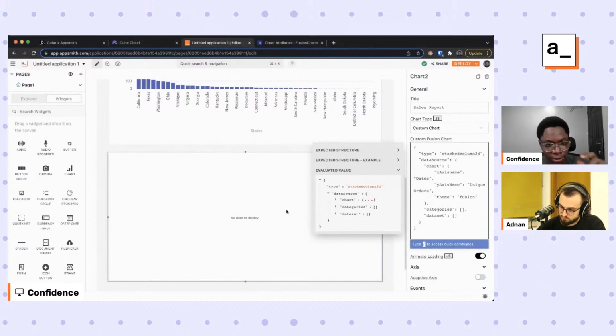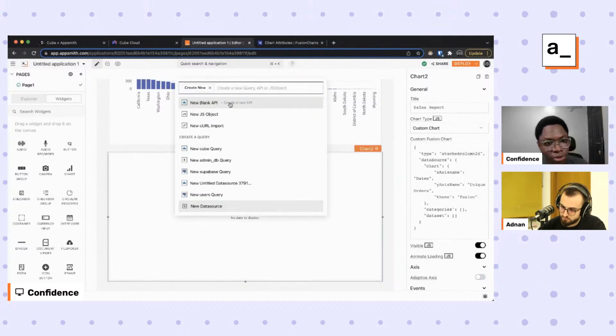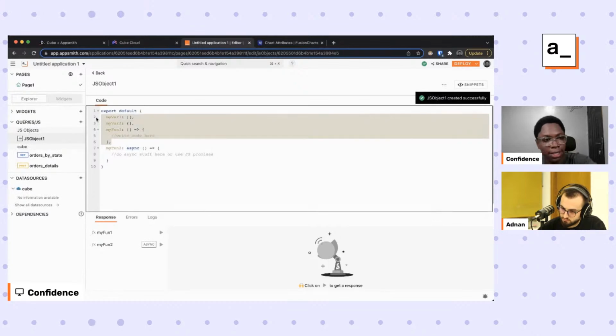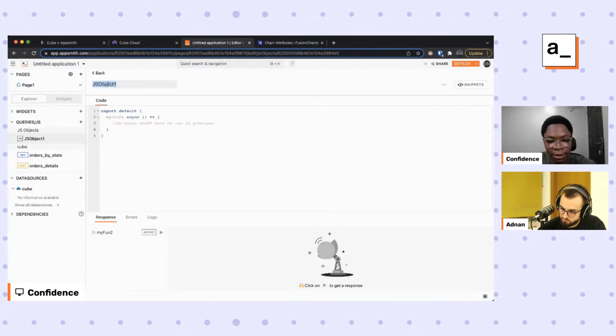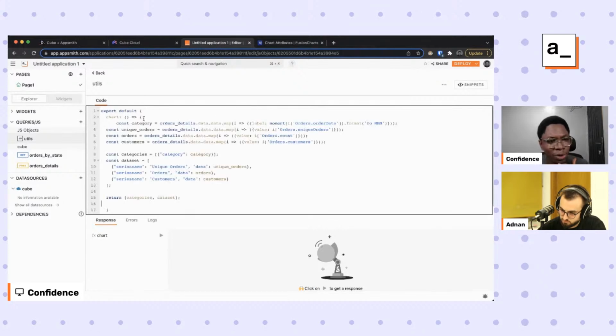I'm going to create a new JavaScript file. I'll be using the keyboard shortcut Option-Shift-N to create a new JS object file. All right, and let's clean this up a bit. I'm going to call this file utils, and this function should be chart. And I don't need this to be an async function because we would not be making any queries in this function. So for the chart data, I'm just going to paste in the code I have previously written here,